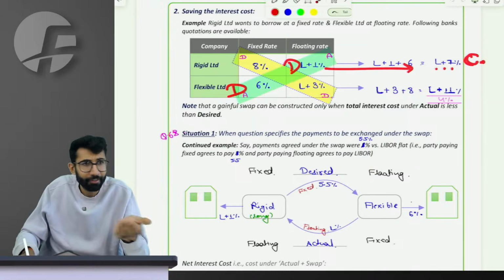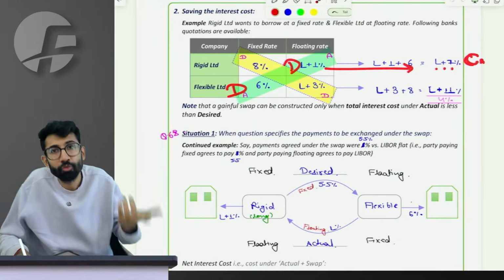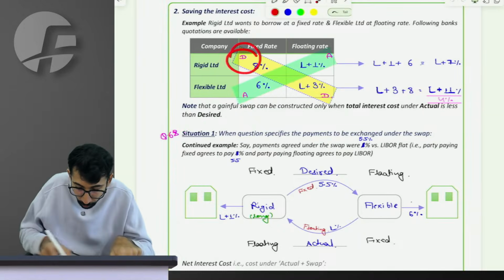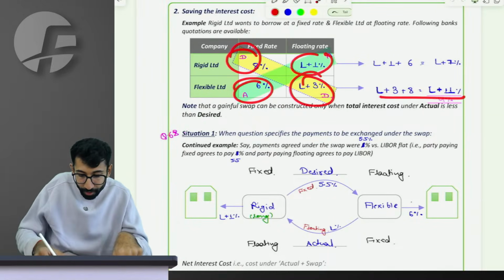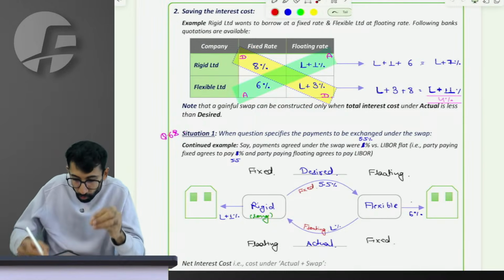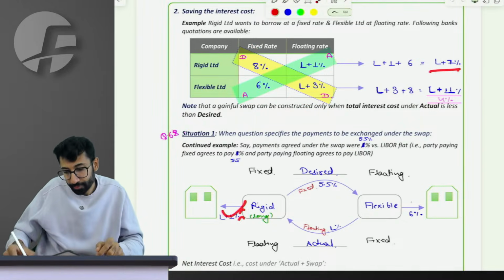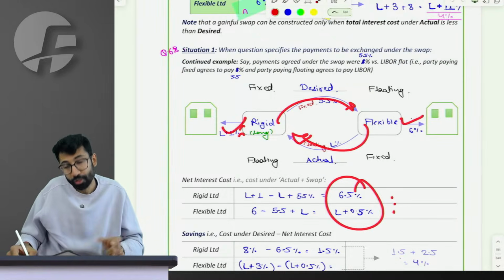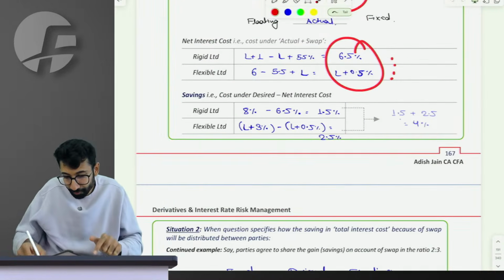Why do you do the swap? What is available is already cheaper. Why do you want to make it complicated? We make it complicated because what I want is expensive and what is otherwise available is cheaper. So we borrow at cheap, do the swap so that we can come to the desired position at that cheaper rate, and then finally calculate